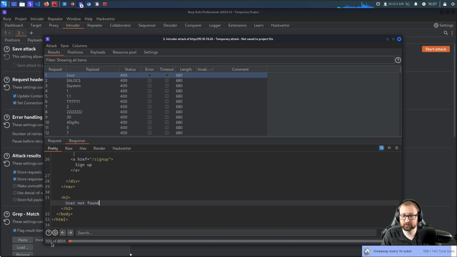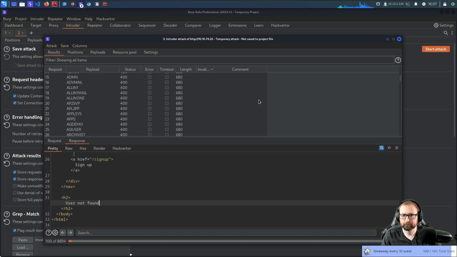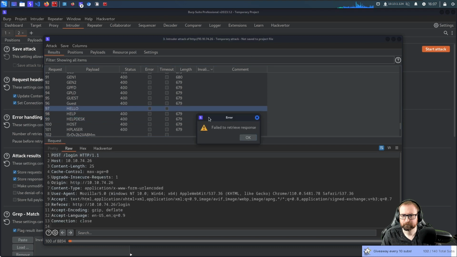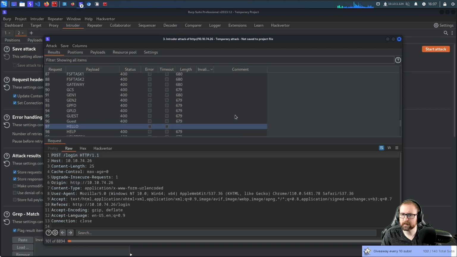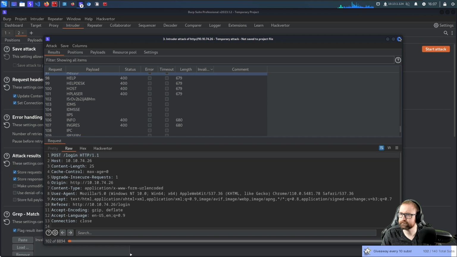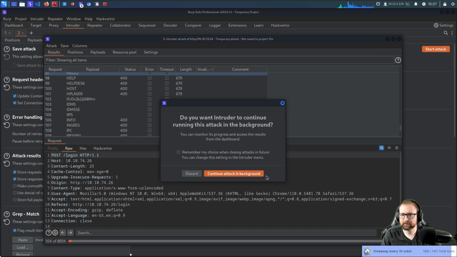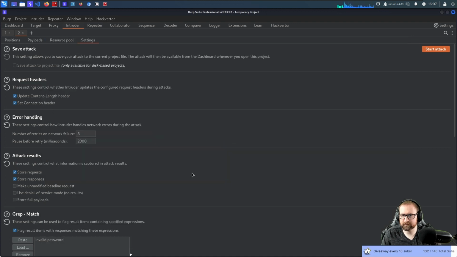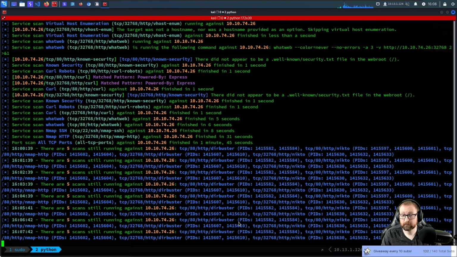Although it looks like it's stalling. Okay, maybe. Seems like a really weak web server. It might be because directory busting is happening.